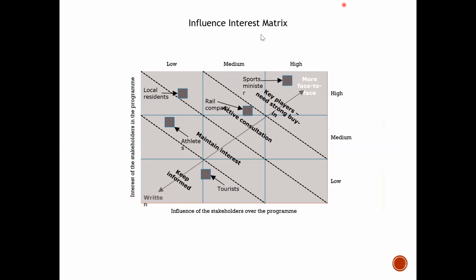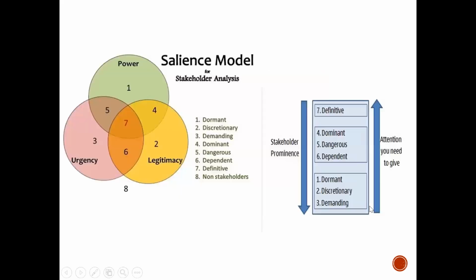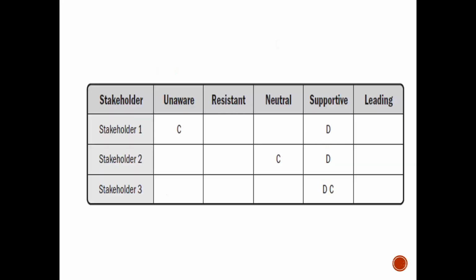Now, suppose you have completed your stakeholder analysis. You have a basic idea about your stakeholders. Now tell me, should you plan something? Because in the interest of the project, you might have to convert people who are blockers to supporters, people who are supporters to leading, people who are not aware of your project to at least support your project. So this is done as a part of stakeholder engagement planning. And before you complete your stakeholder management plan, you have to create a document called a Stakeholder Engagement